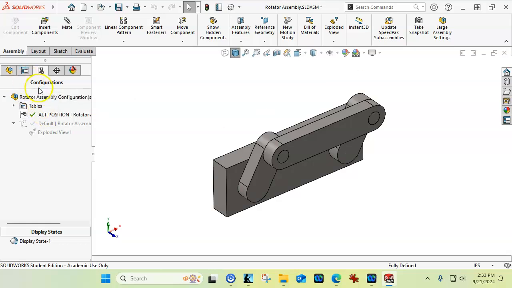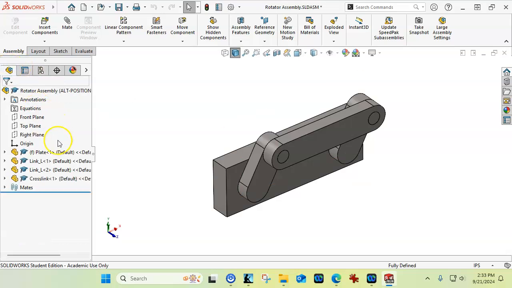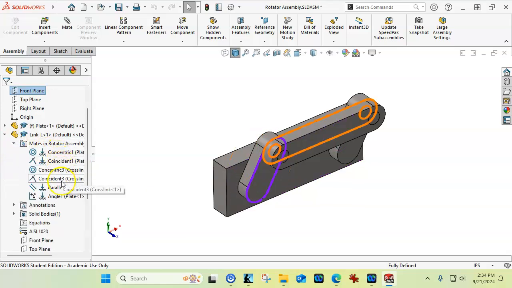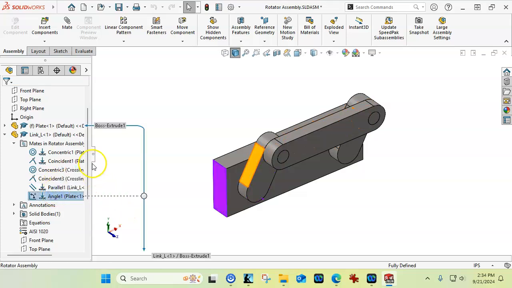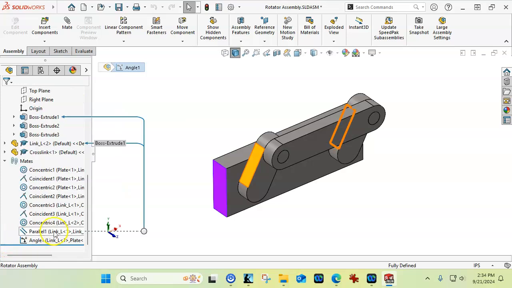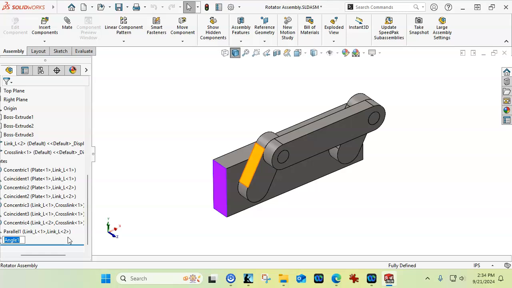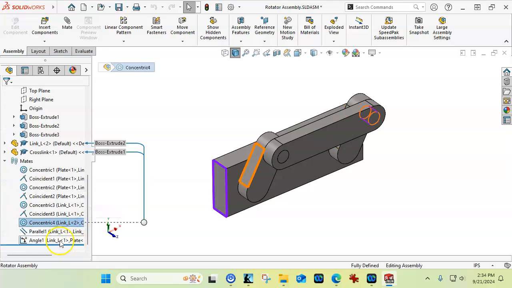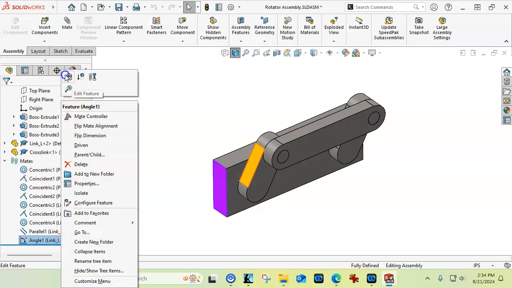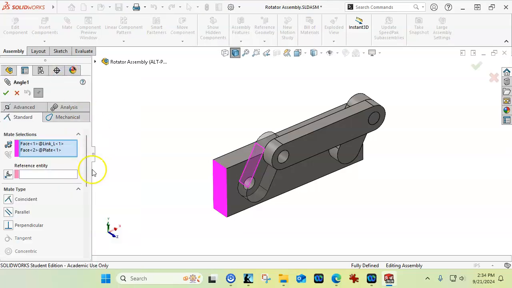And if we go back to the alt position, then on the link, I can find the angle either under that component, would be the last one, or if we go to the mates, I can find it in the full list, and it would also be the last one. And no, I don't want to rename it. Oh, edit the feature,